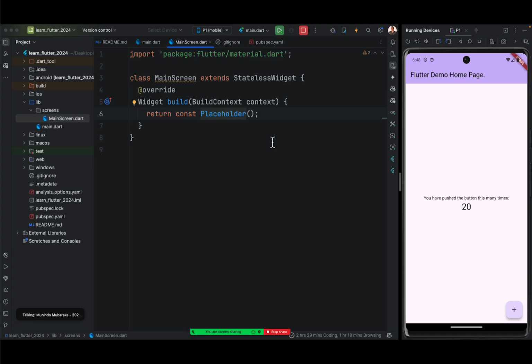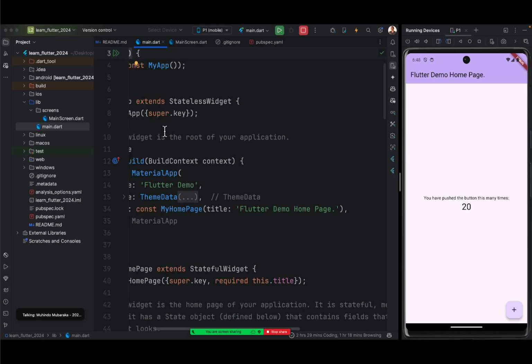So that is our real application. That is our application, in fact. Okay, so now how do we make this application appear here on the main screen? I want us to make this application the one that runs first. So to do that, I'll go ahead and copy this main screen and come here to our main